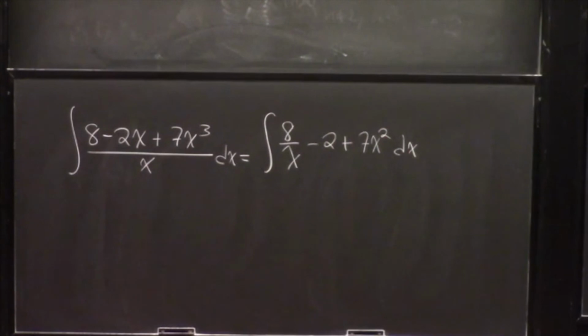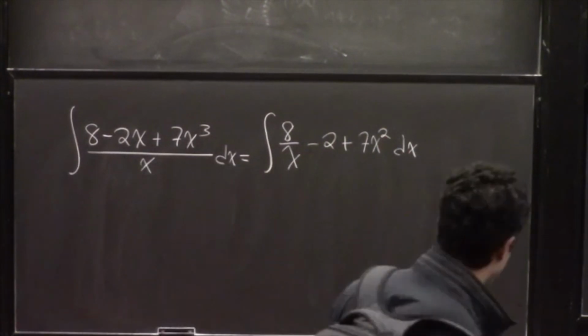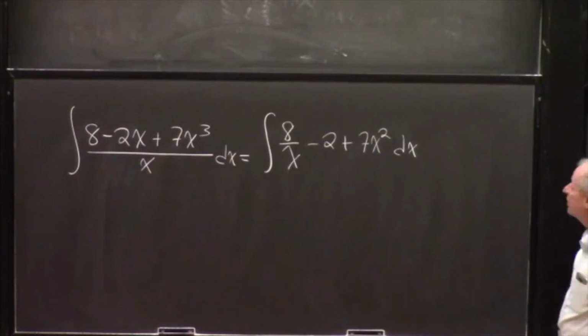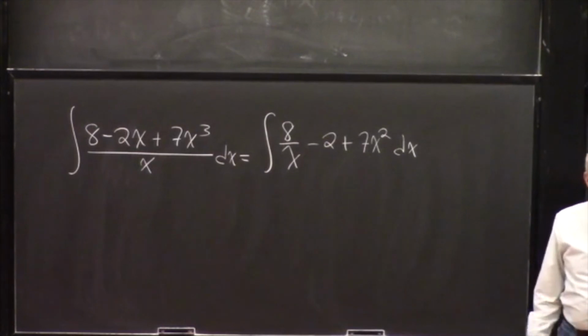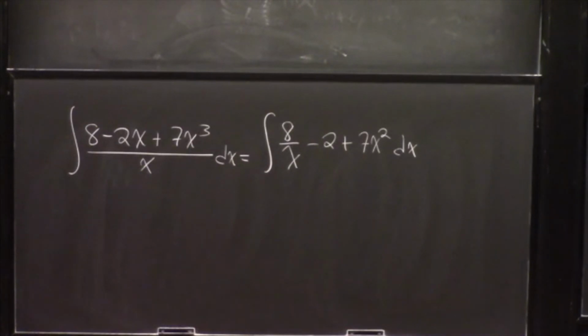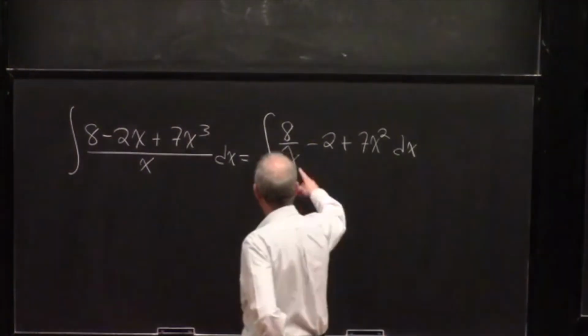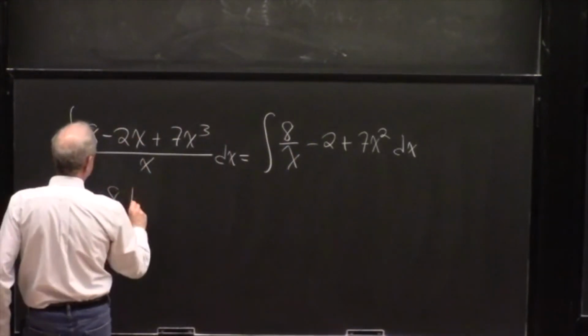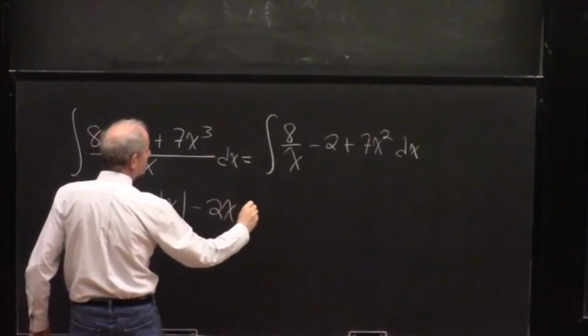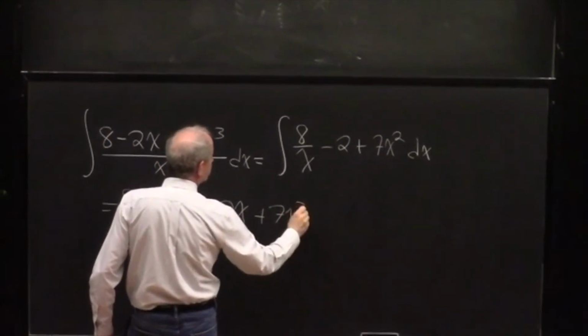So I took each term and I separately divided it by x. So I get 8 over x, then 2x over x is just 2, and then 7x cubed over x is just x squared. And now if you do the integral, you get 8 natural log of x minus 2x plus 7x cubed over 3